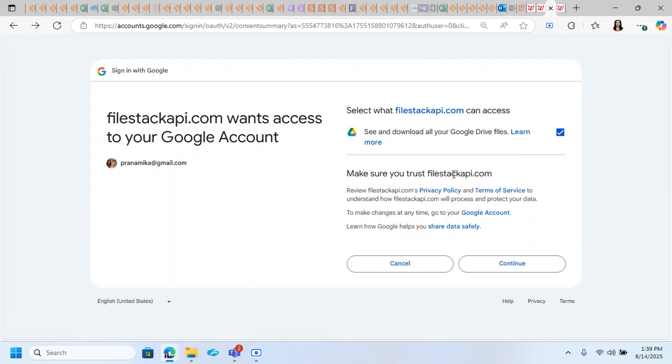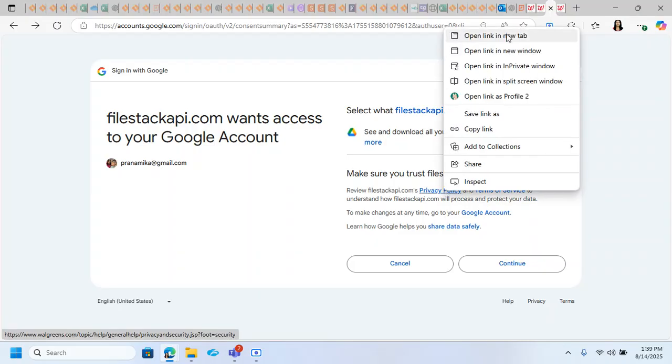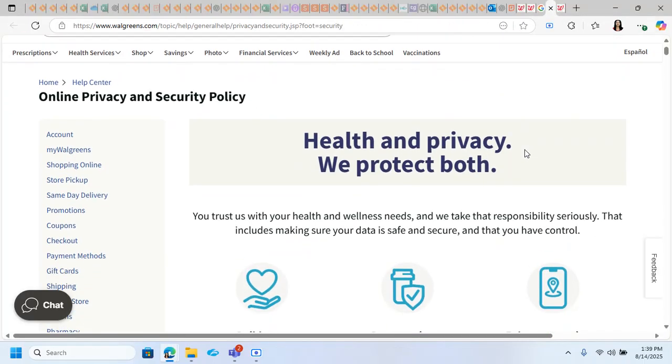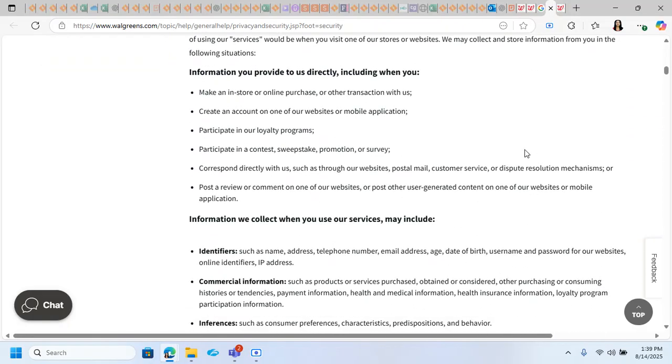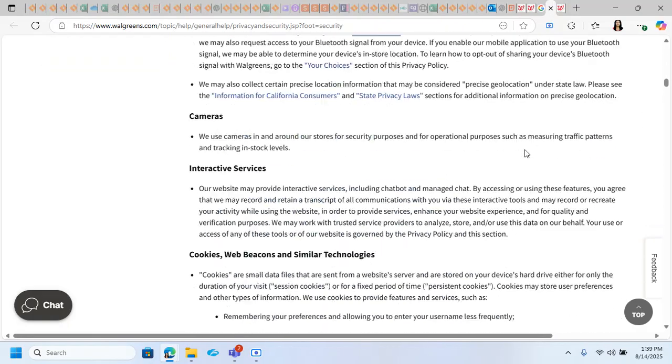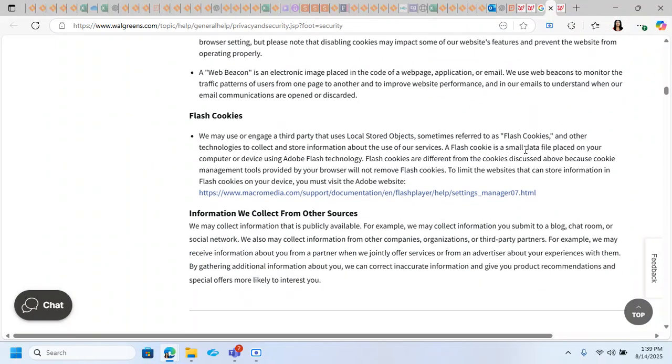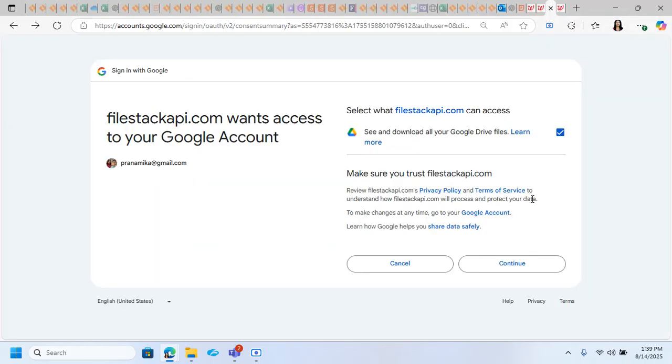Once the user is comfortable with giving access to their Google Drive account for this specific scope, they can say yes. I will also show you the privacy policy of Walgreens, wherein we are clearly mentioning the different ways we collect information from users, how we store it, and what we do with the information which we receive from users. All the details are mentioned over here. If the user is comfortable with the privacy policy which Walgreens has, they can give access to the